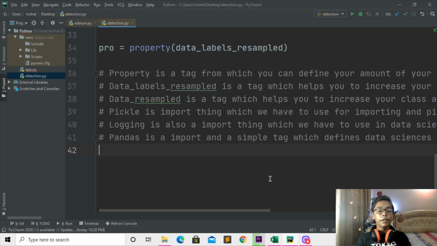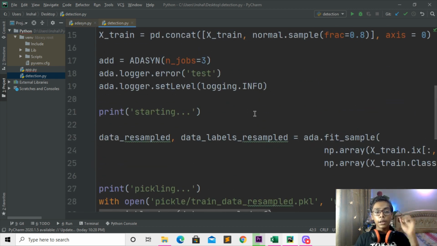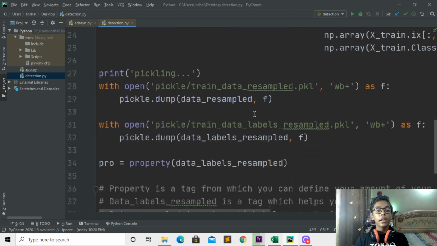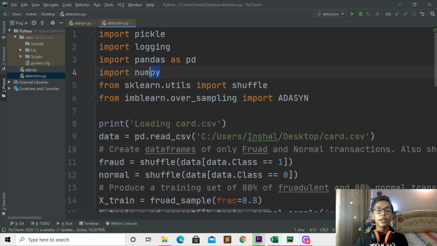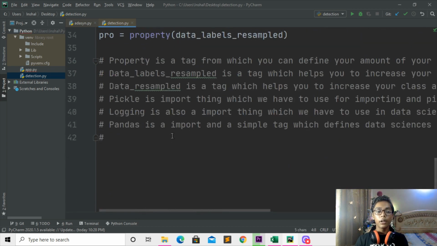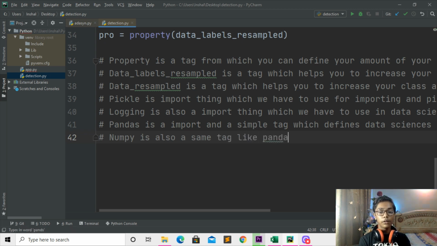Now when you've done with that, I'll move forward, and I have to define another thing. So I'll be moving to the top here, and you can see we are getting these things. Now we have to define a tag, like we have defined all the things. So now we have to define numpy. I'll be scrolling down here, and I'll be writing that numpy is also the same kind of tag as pandas, but the difference is